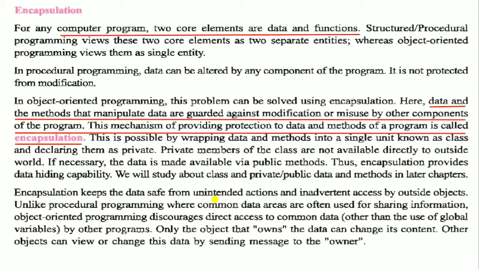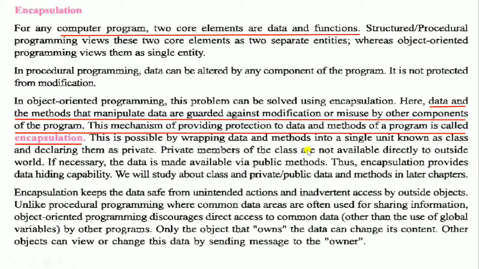That means it provides protection to particular data and methods, and we call that encapsulation. This is possible by wrapping the data and methods into a single unit known as a class and declaring them as private.